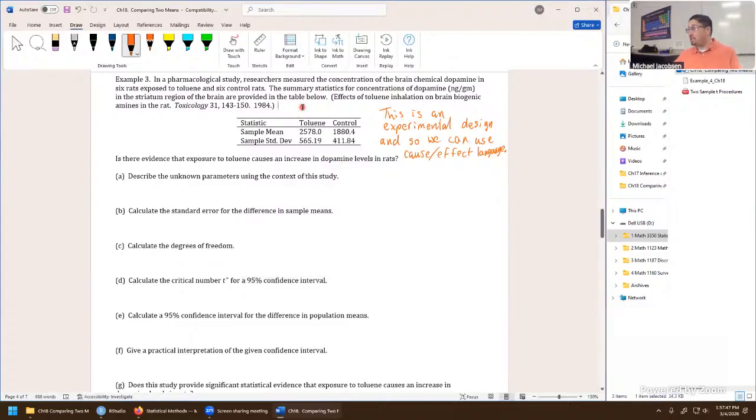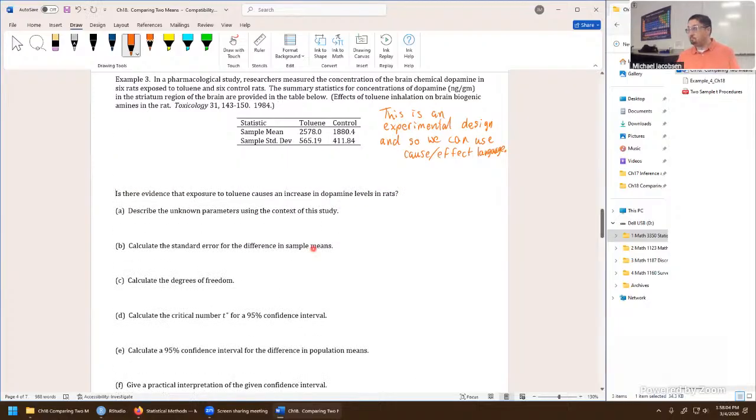Well, here's our data table giving us everything we have. But notice it's also kind of tricky because there's the toluene group, the control group. There's one sample mean, another sample standard deviation, and then another sample mean, another sample standard deviation. So if it's helpful, it's not a bad idea to just write down in the margin what these statistics are in your own wording. So I'll put here for toluene, let's use colors just to say which population we're talking about. So for population 1, the experimental treatment group, toluene, we had a sample mean here. I'll call this just X bar 1 generically,